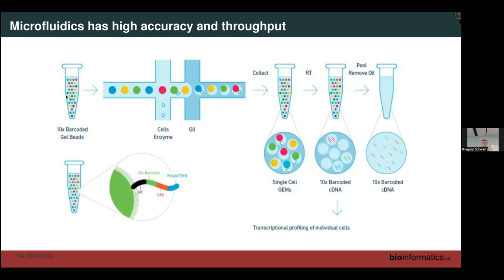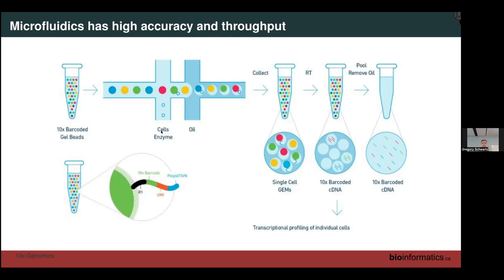So the way this works is you have these barcoded gel beads, and on each one of these gel beads, you have these oligonucleotides with a partial Illumina sequence, along with a barcode. So this will determine which transcripts came from which cells. All of these tags have that same barcode, but then that's also attached to a unique molecular identifier in order to control for how many reads are being attributed to each transcript. And lastly, a poly-dT tail, which can bind to the poly-A tail of the transcripts in order to attach them